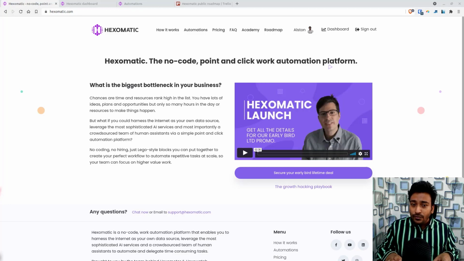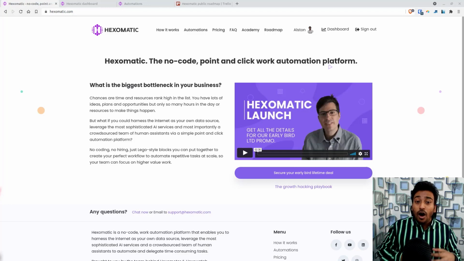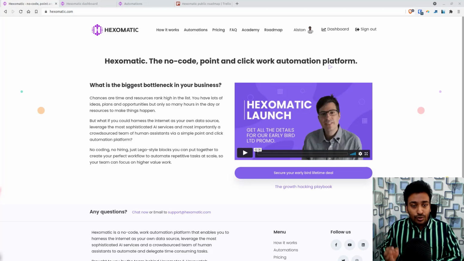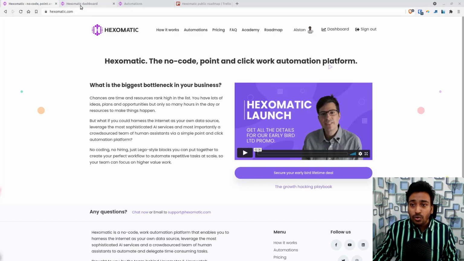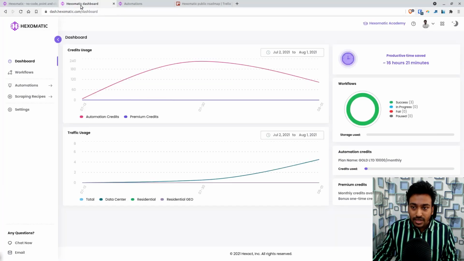It might be confusing, but when I go through the software and show you all the features and what modules are available, you can get an idea of how this might be useful for you. That is important. There is no one use case. How you use this software will differ from person to person. Okay, now let me go into the app so I can give you a much clearer understanding.